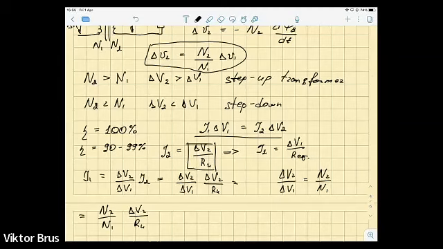Now, what we can do here, we want to go from V2 to V1